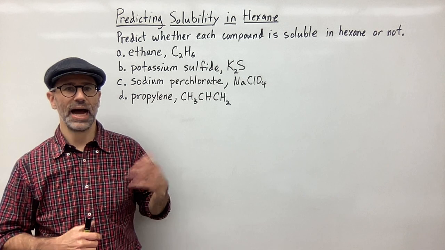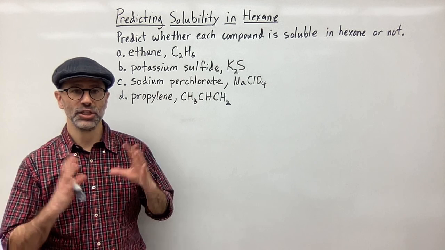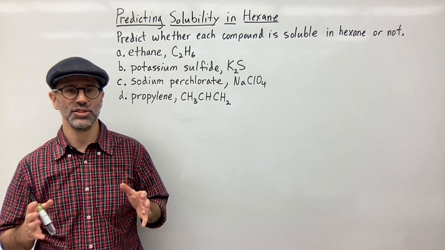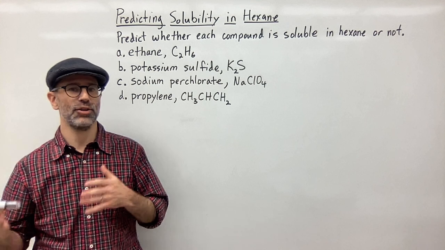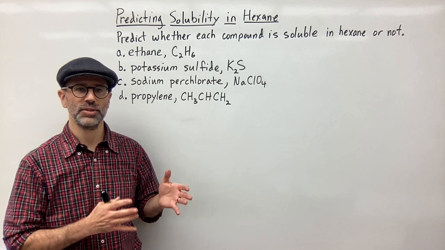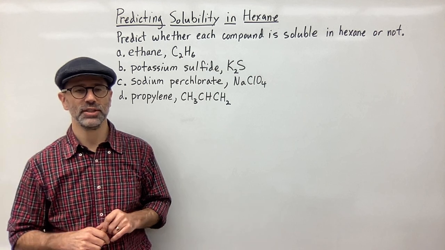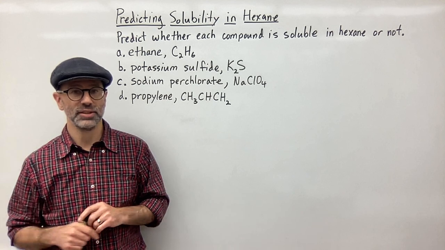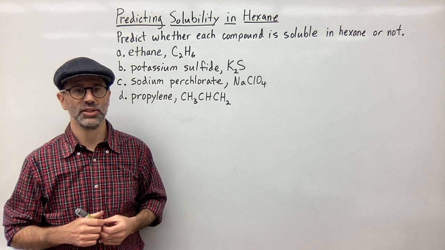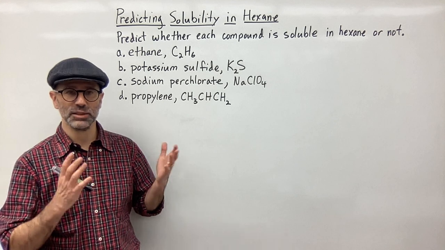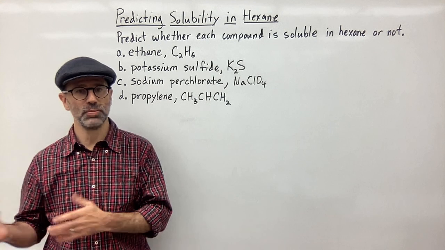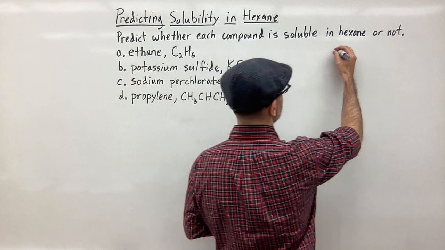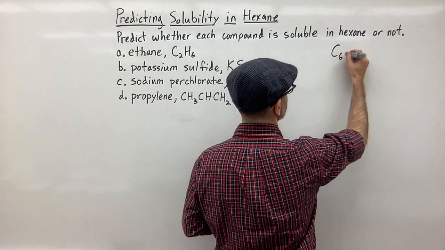If you have a nonpolar substance that has London dispersion forces, it's more likely to dissolve in another substance that has London dispersion forces, so another nonpolar substance. Nonpolar substances will dissolve in other nonpolar substances. But polar substances will also dissolve in other polar substances. So if you've got something that's polar, that's going to dissolve in water because water is polar. In this case, we have hexane, and the formula for hexane is C6H